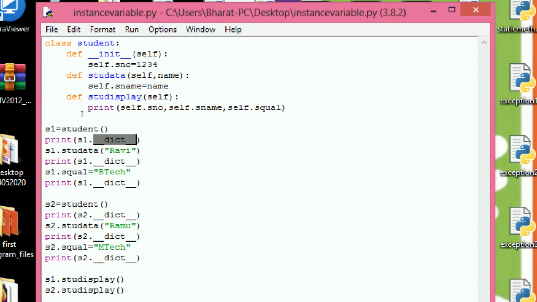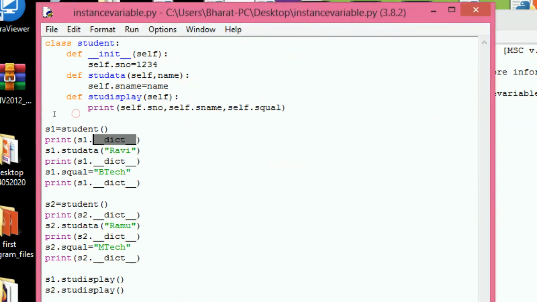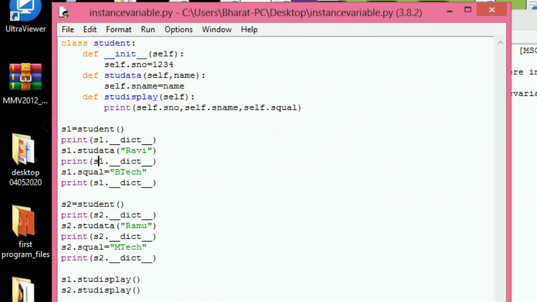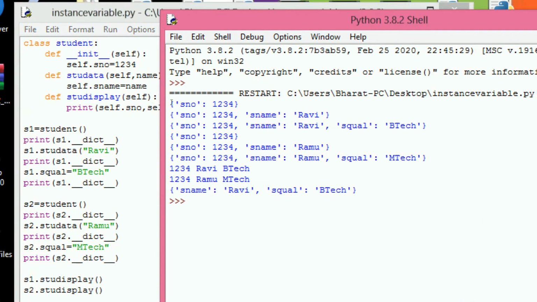For S1, the constructor is invoked, snumber equals 1 2 3 4. That means in the S1 dictionary there is the variable snumber and the value is 1 2 3 4. After calling stu data, then sname Ravi. In the third one, squalification BTech.